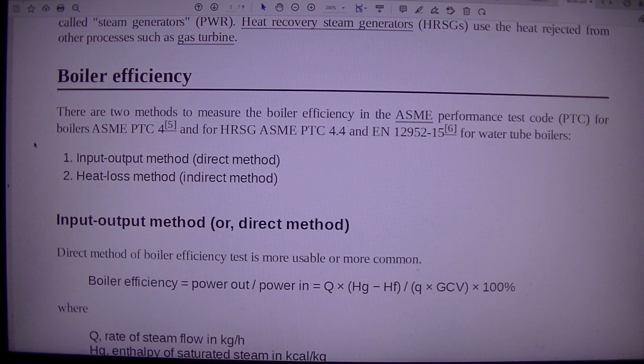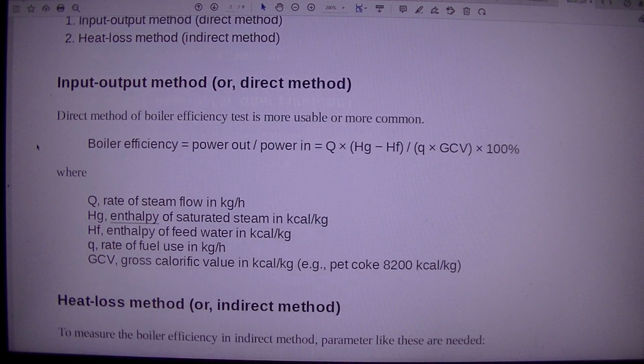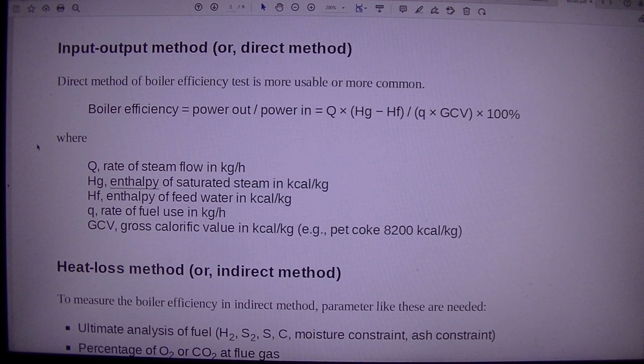Input-output method, or direct method. Direct method of boiler efficiency test is more usable or more common. Boiler efficiency equals power out / power in equals Q (HG - HF) / (Q × GCV) × 100%, where Q is the rate of steam flow